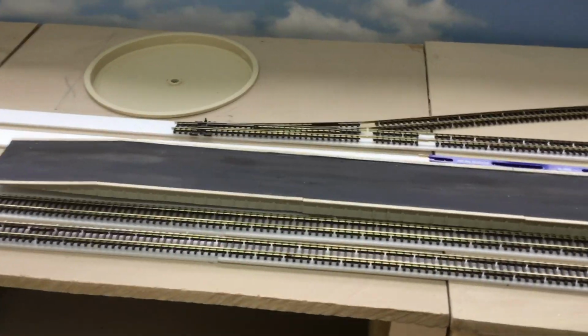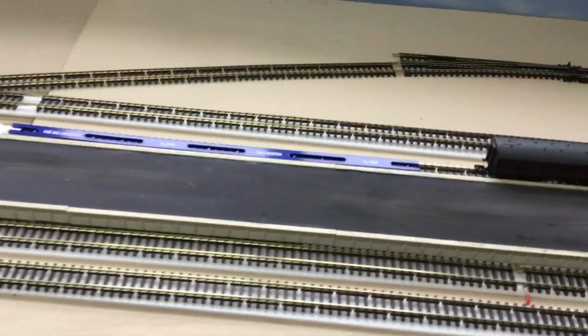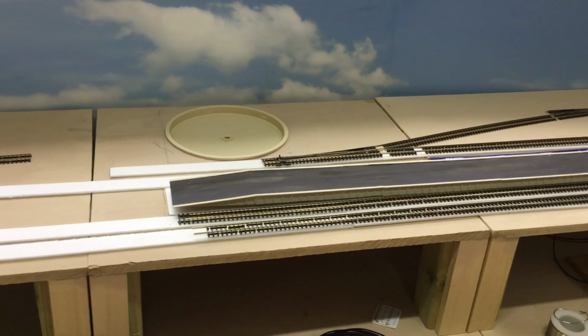And although I've weathered the platform tops, I got slightly carried away. I didn't really need to do that, but I have, and I think that's worked out rather lovely. But anyway, back to the track laying. This is as far as I've got. Unfortunately, as ever, I've run out of time. So we've got to the platform end,